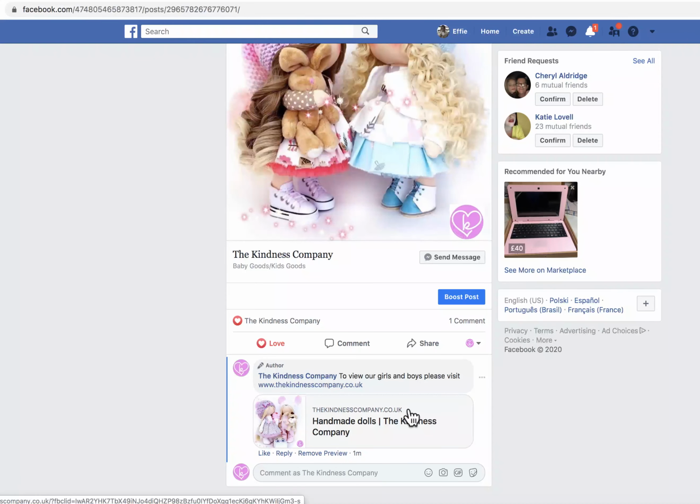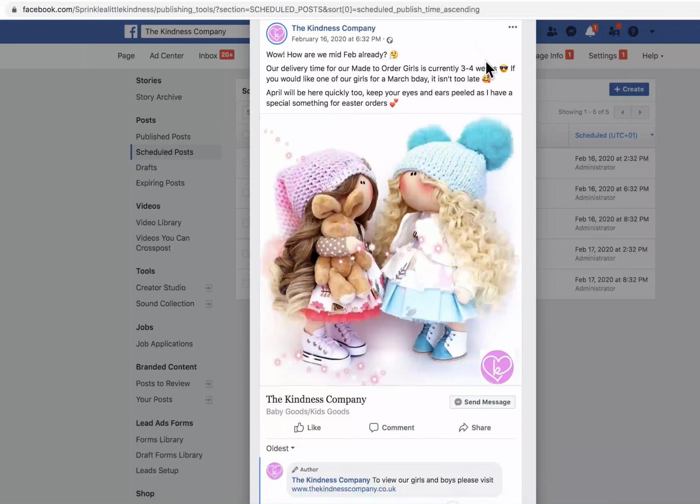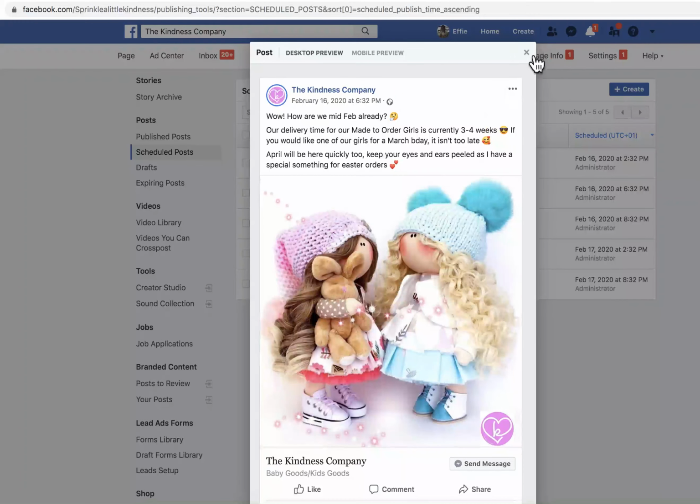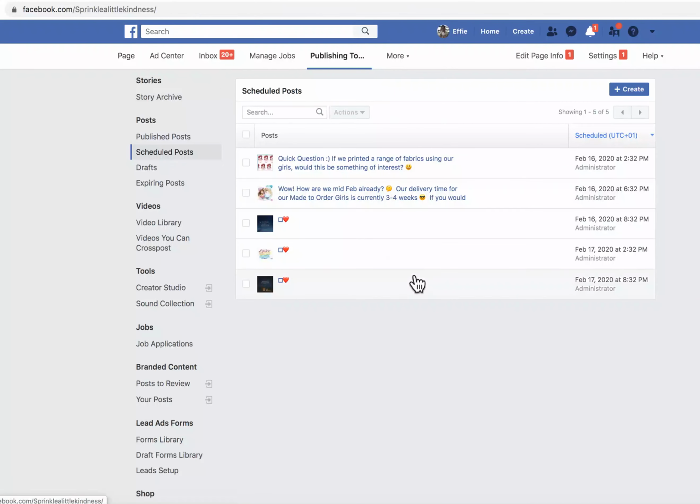So for example, I'm running a campaign at the moment, where I'm trying to build out the Kindness Company group. Throughout February, I've been giving away a tiny doll each week. And I've put into each of the different posts, if I go back, let me show you, I've put into each of the posts the link